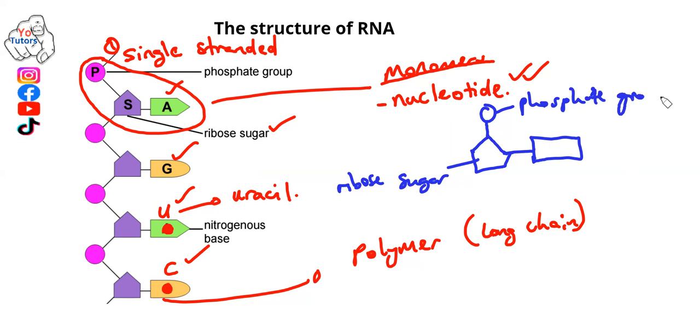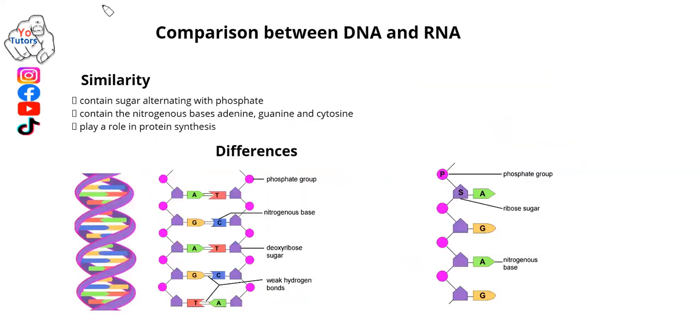Then is a nitrogenous base. Okay, this is the nitrogenous base. Okay, now let's move on to the second slide, where we are looking at the comparisons, where we compare the